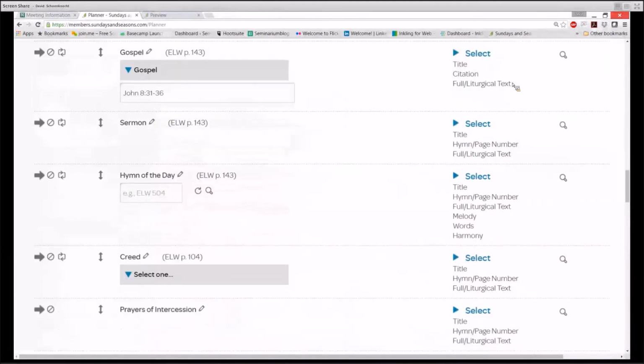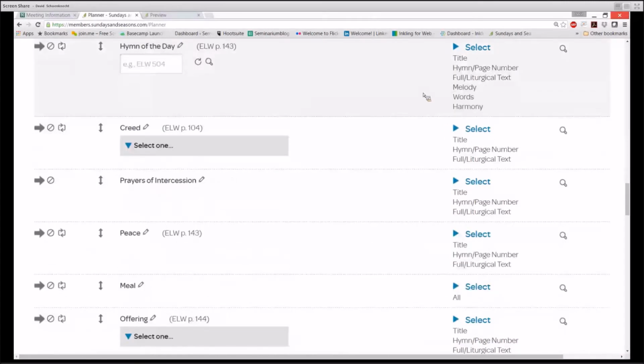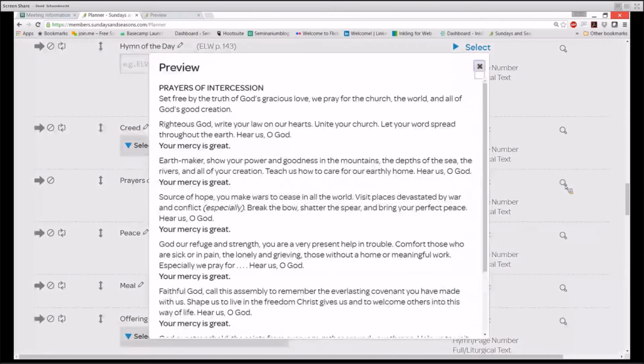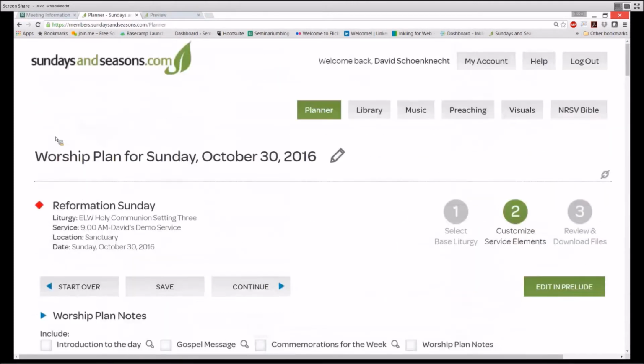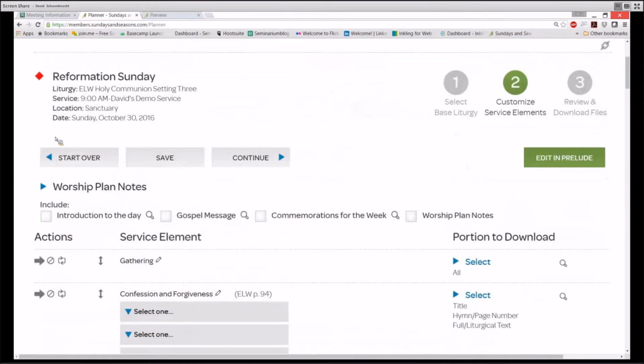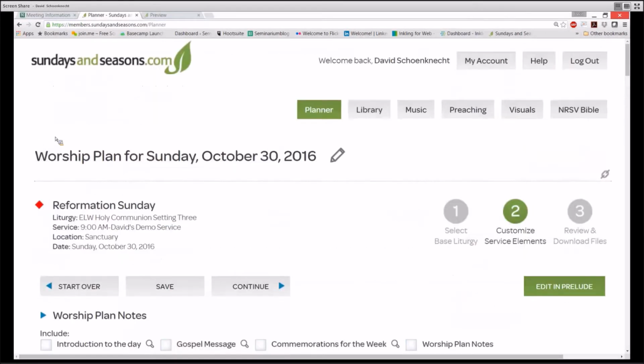If you have chosen in My Account settings to have the Sundays and Seasons Prayers of Intercession included, those prayers will be found here as well. Returning to the top of the Sundays and Seasons Planner page, we see some important features that I would like to walk you through, like the worship plan notes, the service element content, the portion to download distinctions, and planner actions. But before I do, please note a few functions available for your use even before you get into the